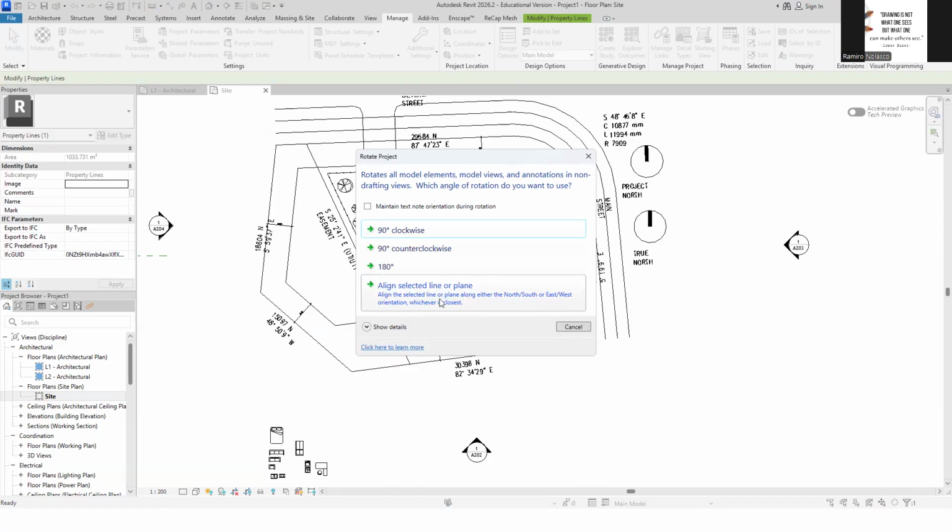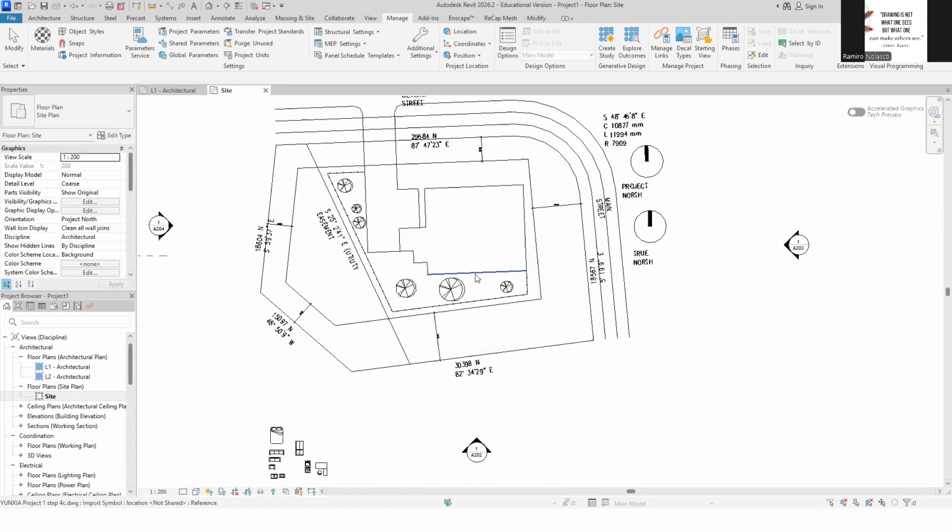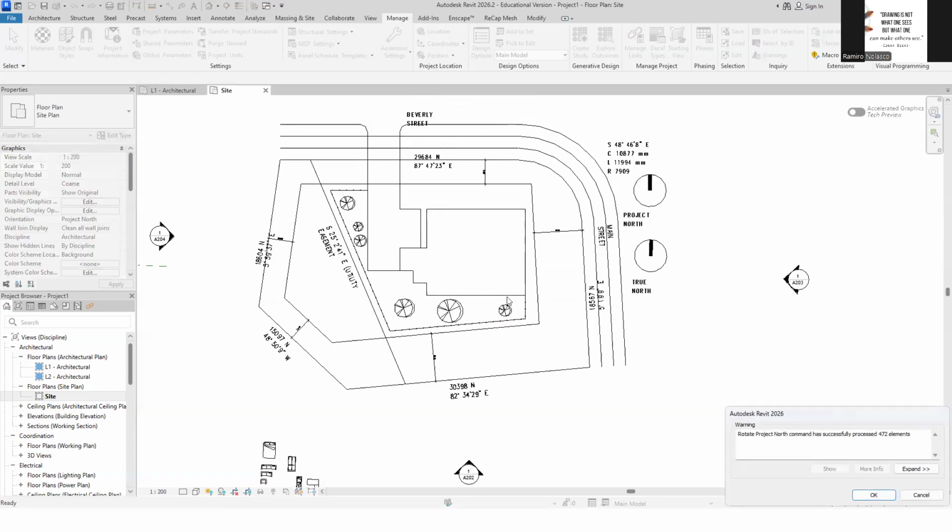Normally this is the option you'd like to choose. So we want to align it to this line, which is our building line that we want to be made horizontal, 0 degrees. There you go.